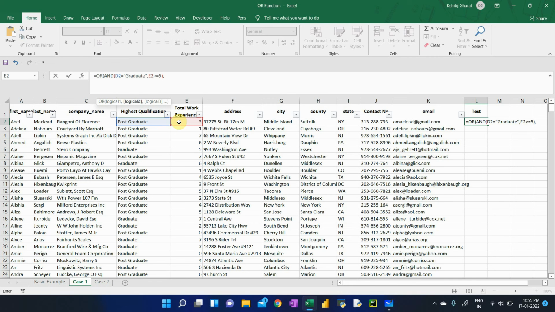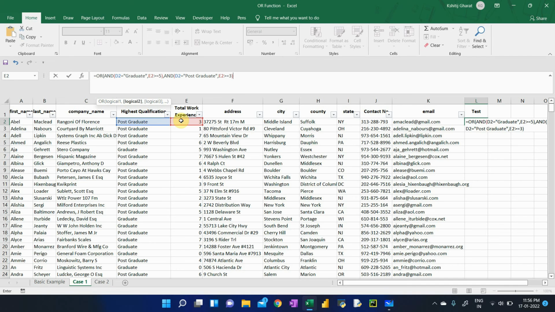And now I define my second type of category, which again consists of two logical tests. So I press AND again, and I say that my D2 should be equal to "postgraduate" and the total number of work ex should be more than or equal to 3 years.